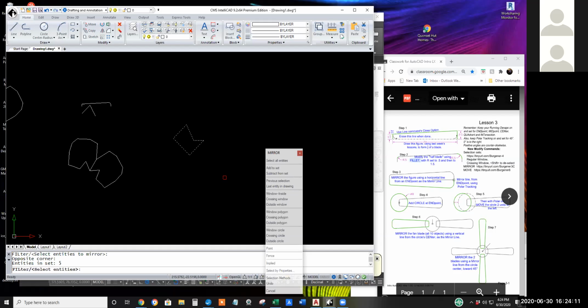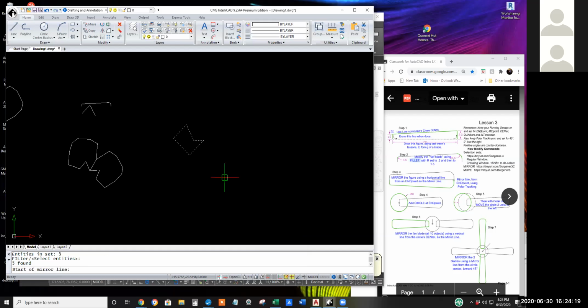We want to operate on just the 5 entities, or 4 if you had a rectangle. I'm going to hit enter. IntelliCAD then continues the mirror process with a few more steps. Start a mirror line. Earlier I picked ends of a line, but you can pick 2 points vertical or 2 points at random, or vertical right through the middle. I'll pick 2 points at random. Say I want a mirror line to go from here, the start point,